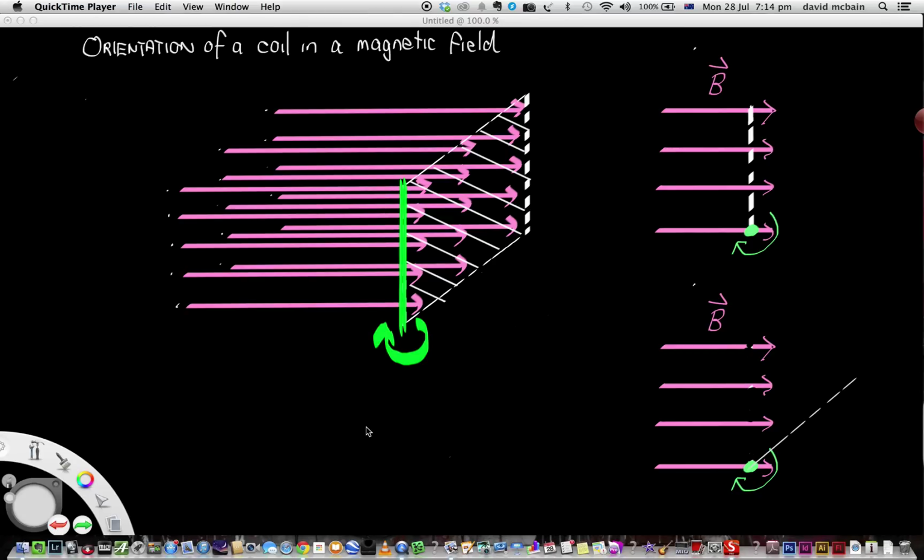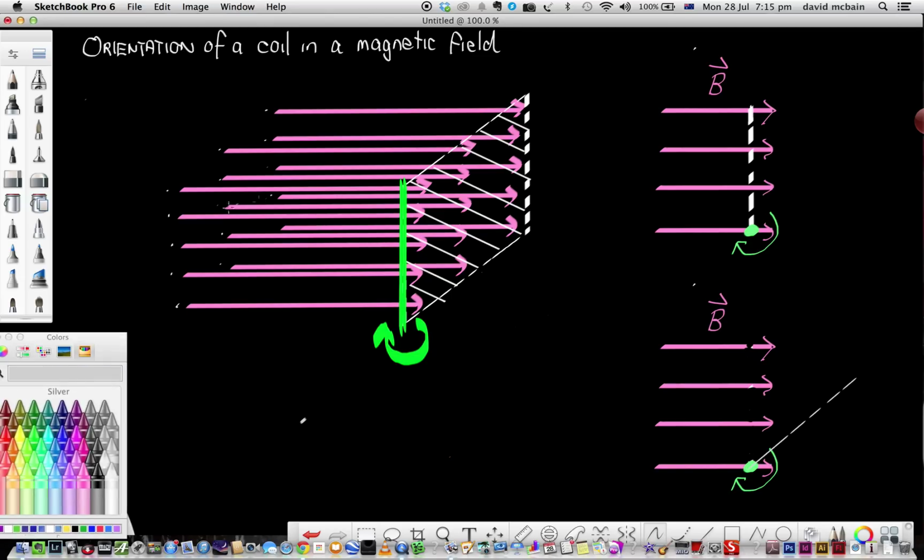Okay, this lesson is on how we can describe the orientation of a coil in a magnetic field, and in particular when the direction of that coil changes. And we need to be able to deal with this when we're talking about generators. So in this diagram that I've got,